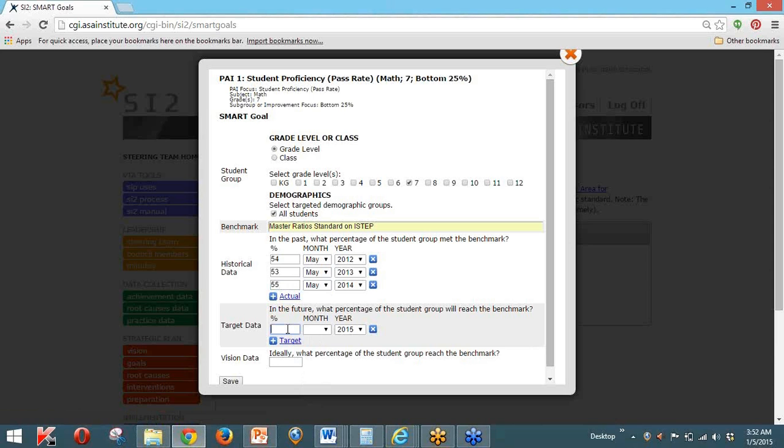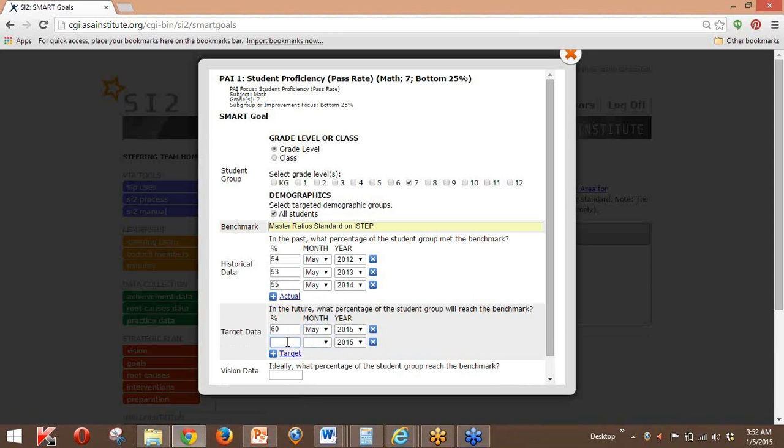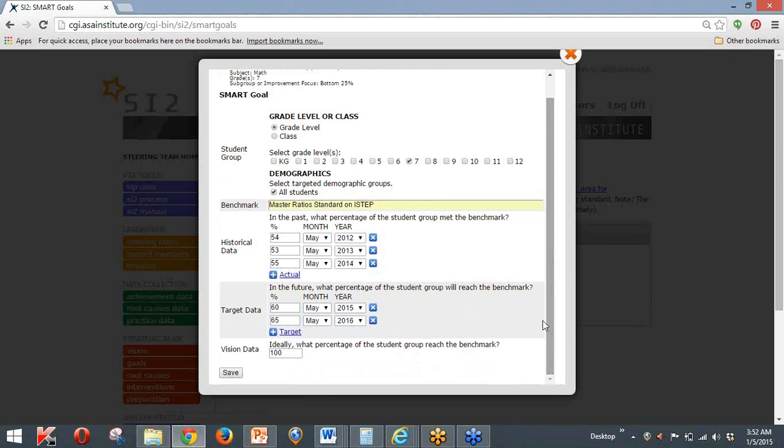My target data then is where I want to be for ASA's purposes a year from now. So I can say I'd like that to be at 60% in May of 2015. I can also add in another target if you want to. So I could say I want it to be 65% by May of 2016. And then the vision data, ideally, and let's say in this school they want ideally all students to be able to do this. So I put that in, click Save,